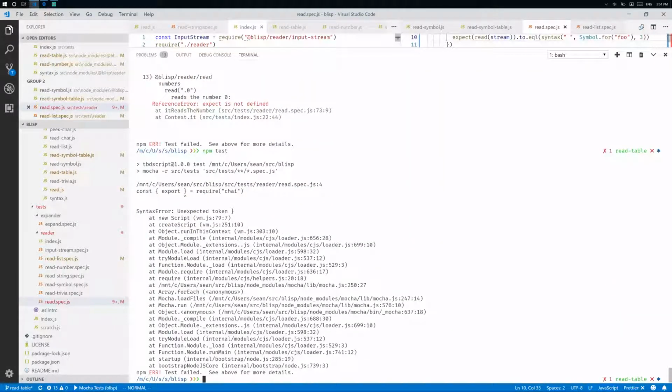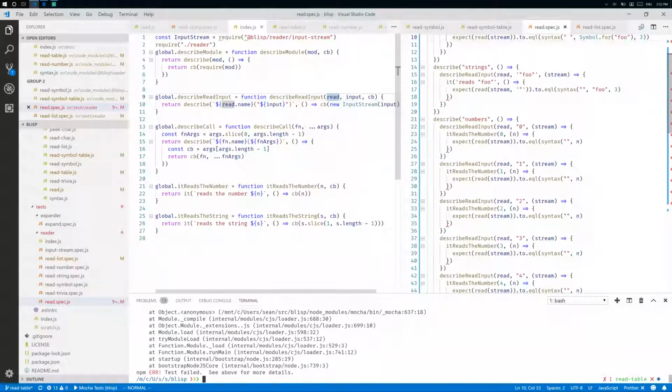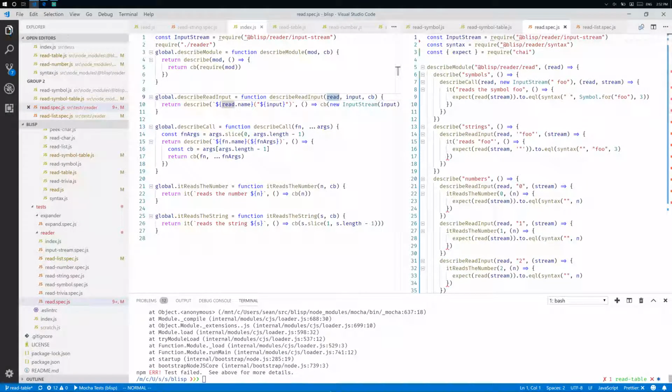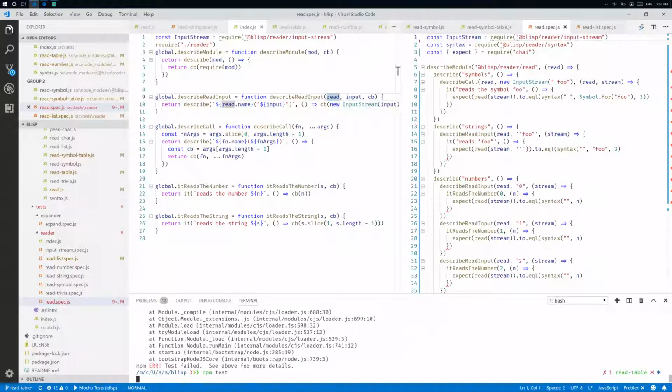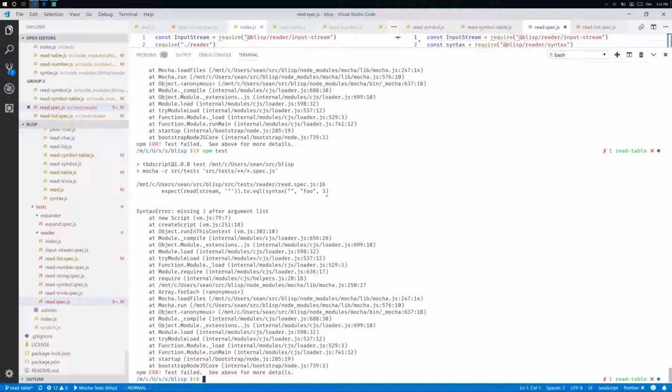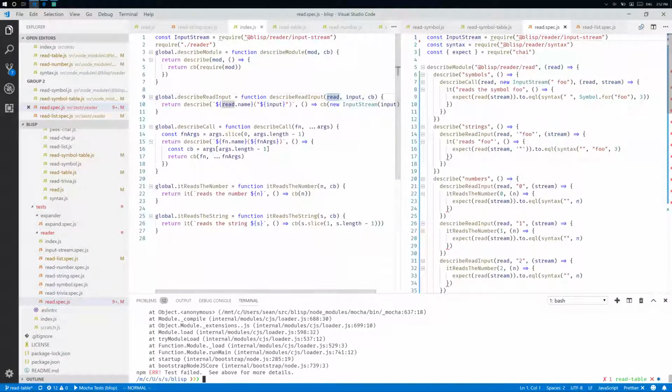Still no dice. Let's see, what do we have in? I don't know. All right, we are trying to require expect, not export, and get rid of assert. Ready? Still no. Let's see. Oh. Okay, so